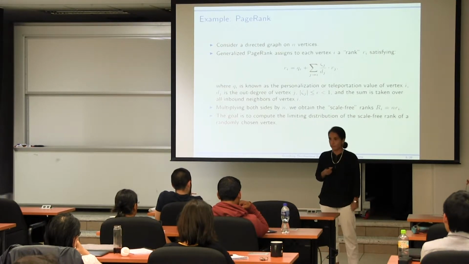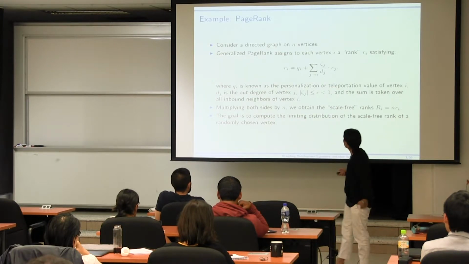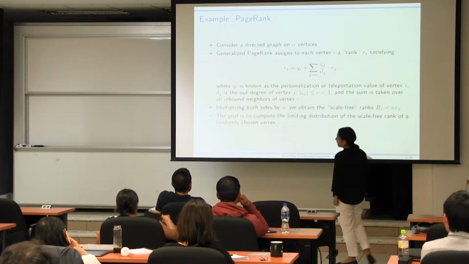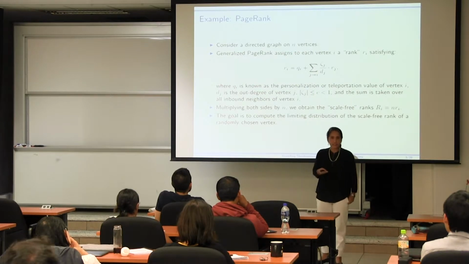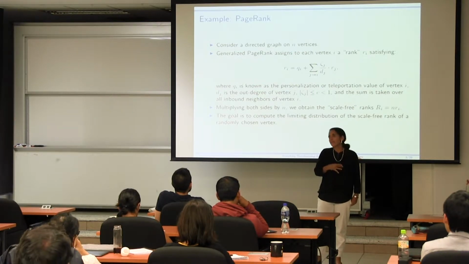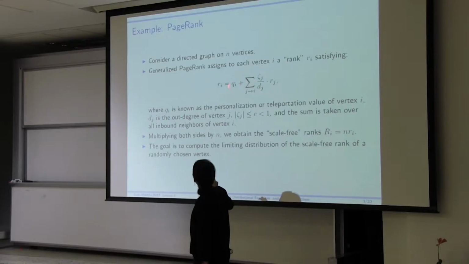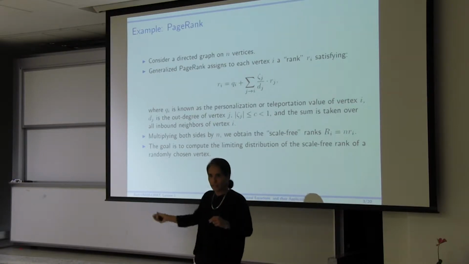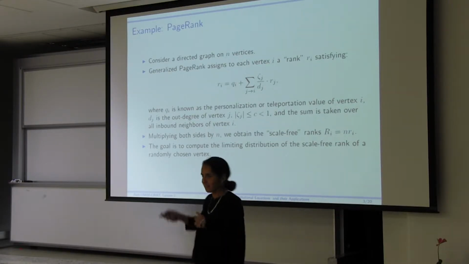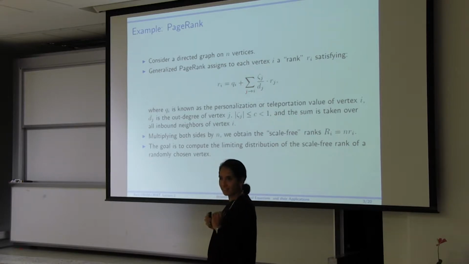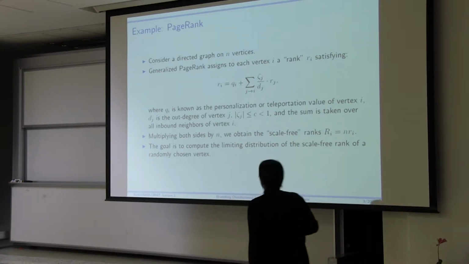You toss a coin. So what do you do? You're going to toss a coin so that, in case you get stuck, you're just going to pick, in the simplest form, equally likely not among the outbound links, which may not be any, but among every single web page in the world. So that's the unstuck mechanism. If you're going to get fancy, instead of making that unstuck mechanism 1 over n for all the web pages, make it some other personalization vector that you might choose.